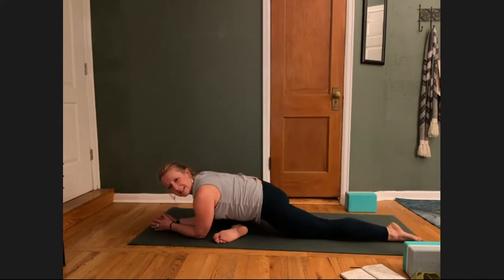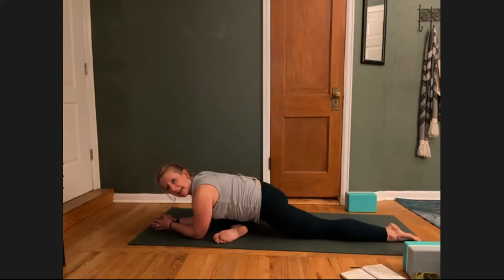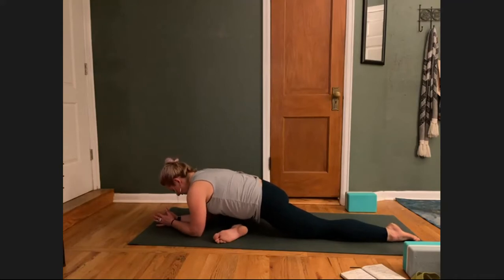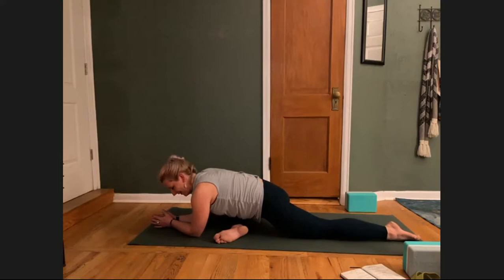It really depends on you. If it feels better to keep your back toes tucked, that'll support your knee a little bit more, or laying and pressing even the top of your foot into the mat. And then as we find this moment of stillness, of intense sensation,